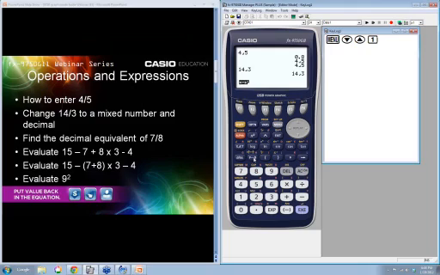But what if I want to change that instead to a mixed number? Well, do you see this little thing here where it says ABC and then the arrow DC? We're going to hit Shift and FD, and that's 4 2/3. The first number is your whole number, the first number before that little backwards 7. 4 2/3. Pretty easy, I think. Again, to find the decimal equivalent, you type in your fraction and hit execute, and then F to D converts it back and forth, fraction to decimal to fraction to decimal.